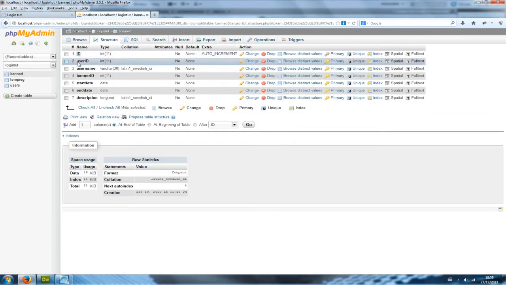ID, auto increment, primary key. User ID, put it in as unique because you don't ban users twice. That would be the ID of the user getting banned, his username, the ID of the person that banned him, the start date of the ban, and the end date, and a little description of why you got banned, or whatever you want to put in there as a note. But we're not talking about that. Let's move on to the reg temp